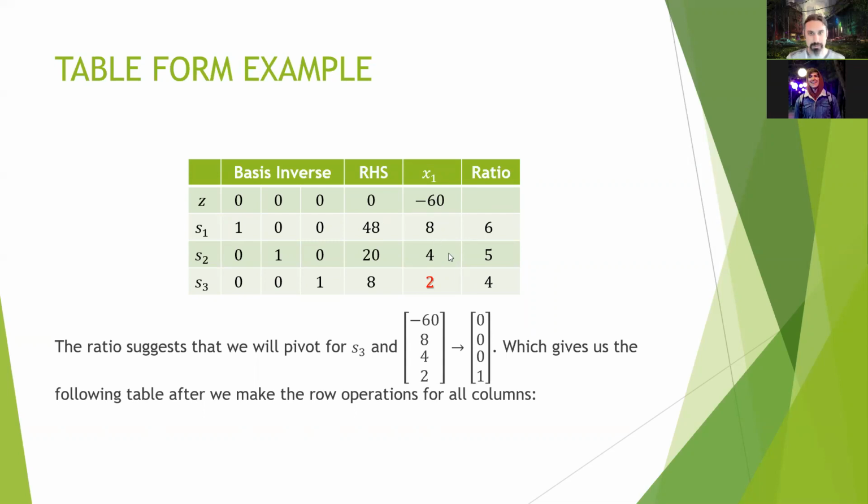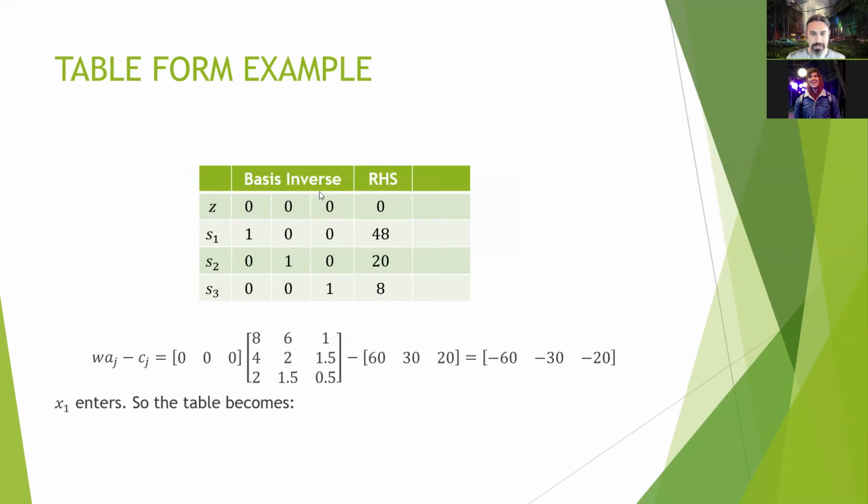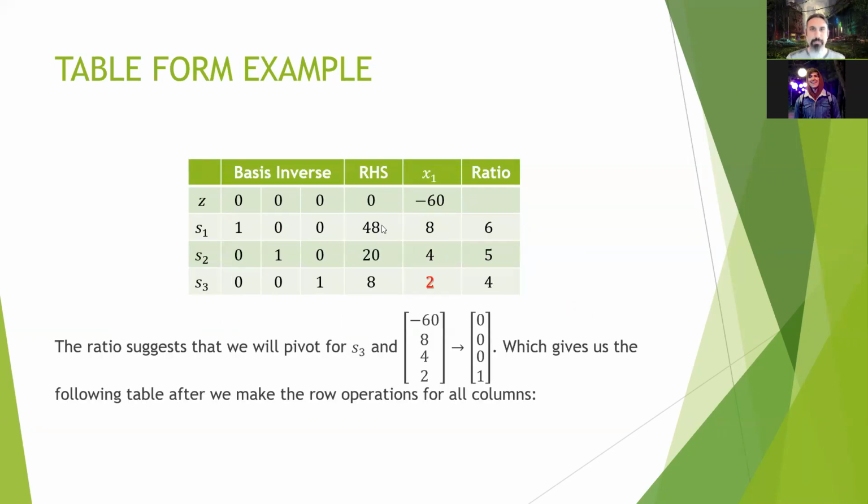So when we do that, everything over here will change. Everything in the basis inverse and everything in the right-hand side values will change, and they will be our new table. So we don't need to calculate the basis inverse values by multiplying the B inverse with the appropriate starting value anymore. We can just use this iteration, turning into the identity matrix operation,